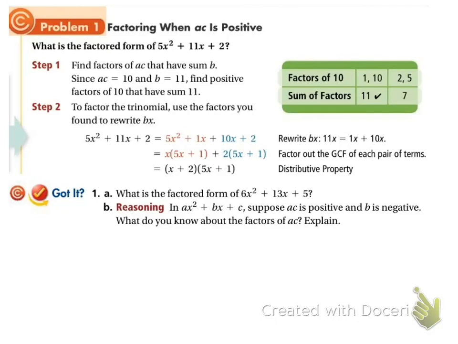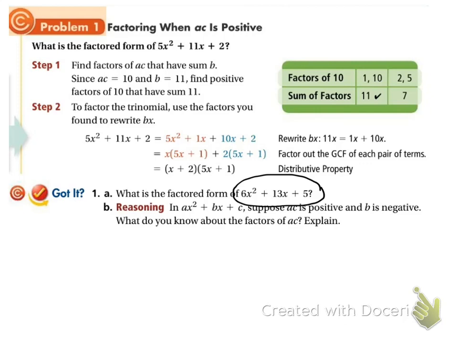This is 8.6a of algebra. So we're going to continue factoring, but here's the difference. Usually we just have an x squared out front. Now we're going to have a number in front of it, okay? So the x squared is going to have a coefficient. So if we look at this problem here,